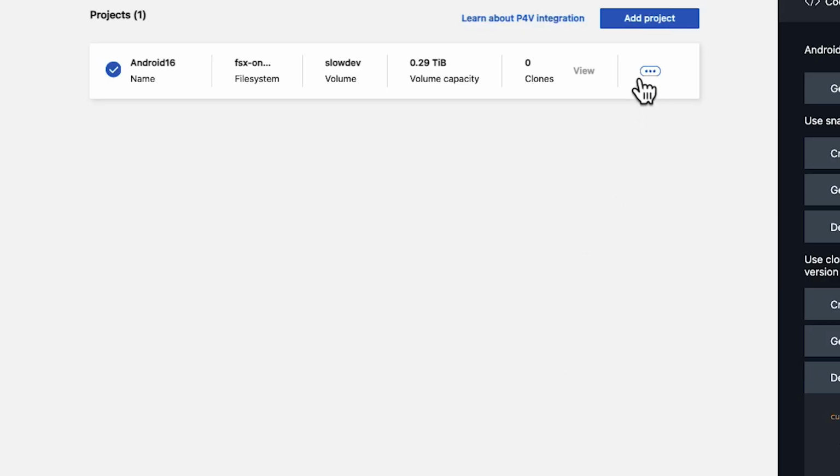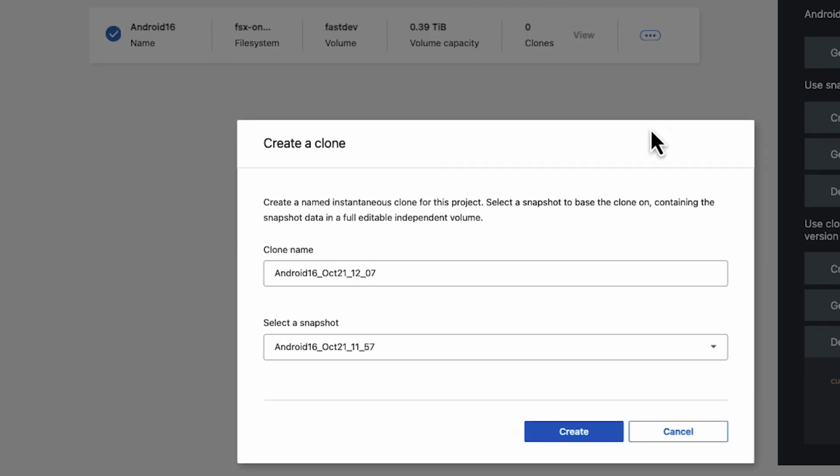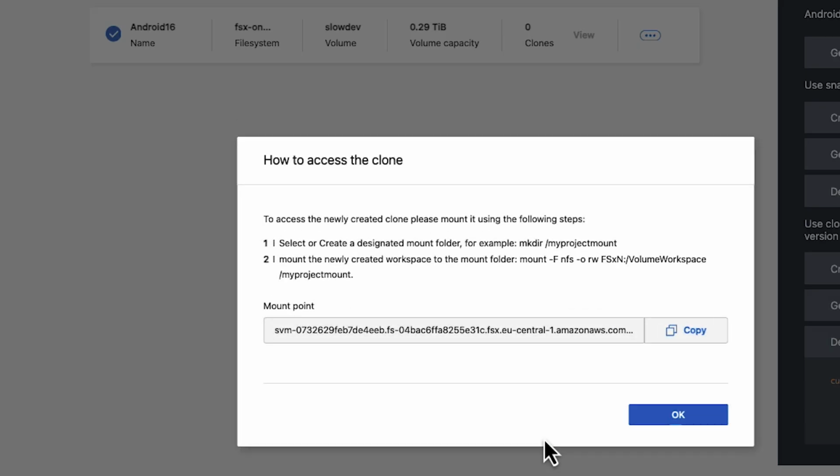Click on the ellipsis again and click Create Clone. This will create a lightweight writable copy of the volume. Give the clone a name. Choose the snapshot we created earlier. The clone will be based on the chosen snapshot. Click Create when ready. You have created a writable copy of the codebase within minutes and can mount it on